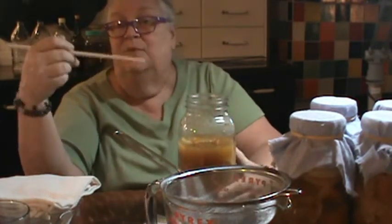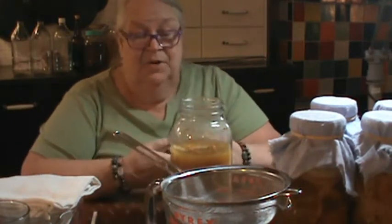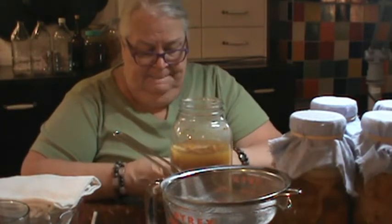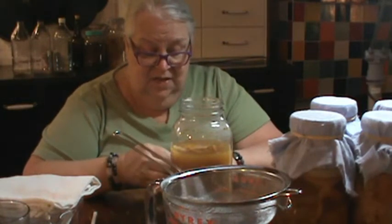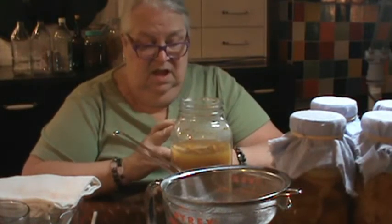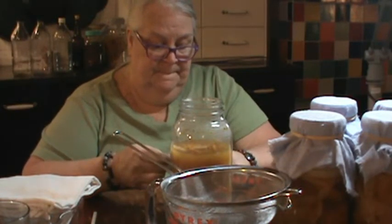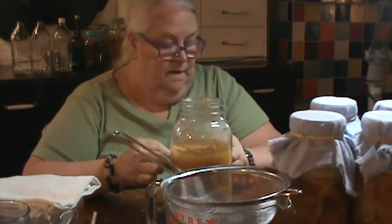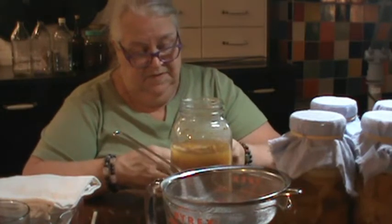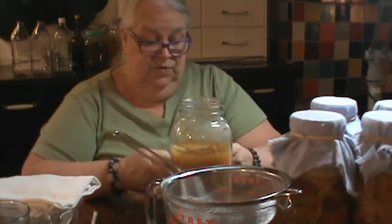What is it good for? Now, most homemade vinegars, you can make a vinegar from just about anything, but homemade vinegars are really not meant to be used for canning. For canning, you need a specific pH, a specific acidity level. But this is going to be really good for